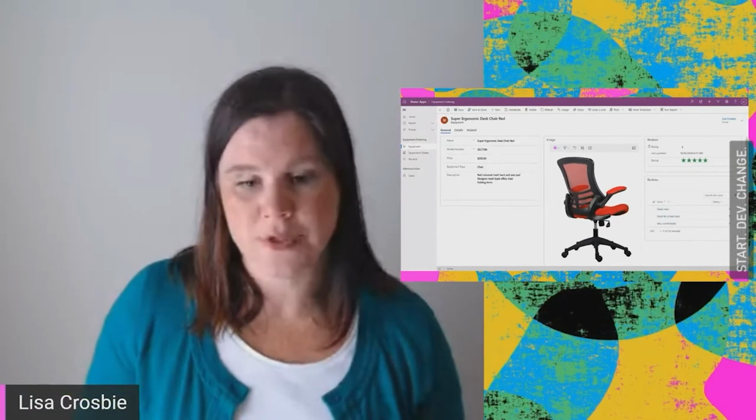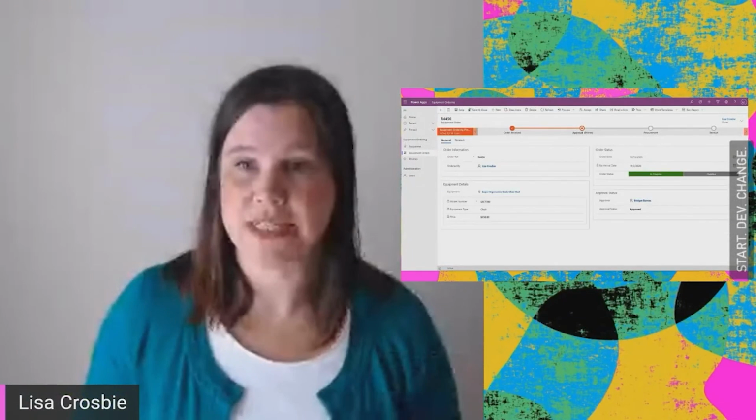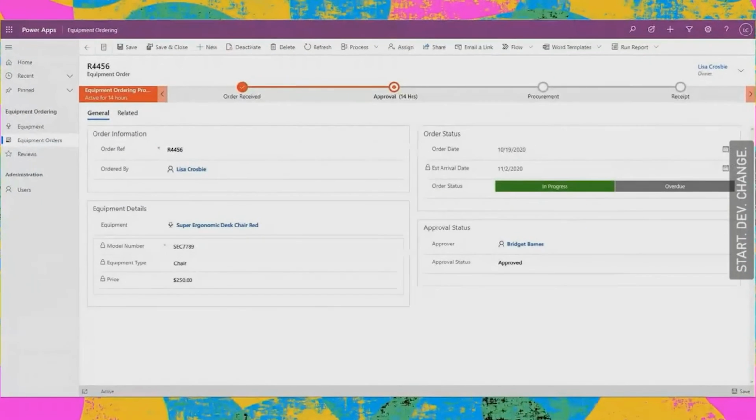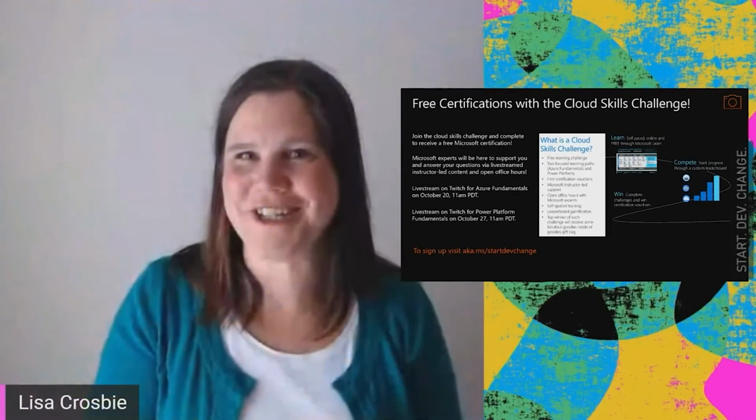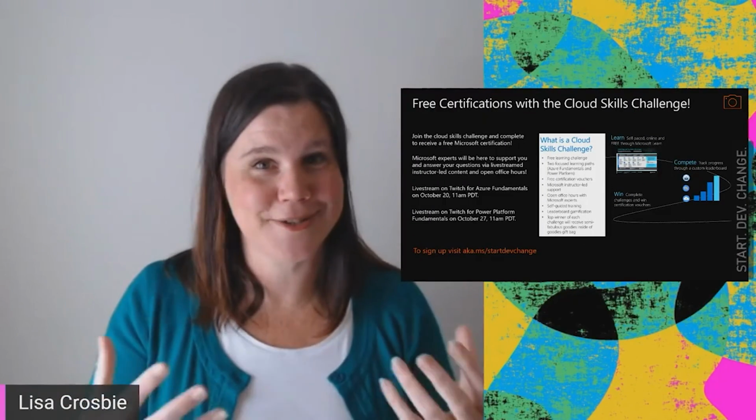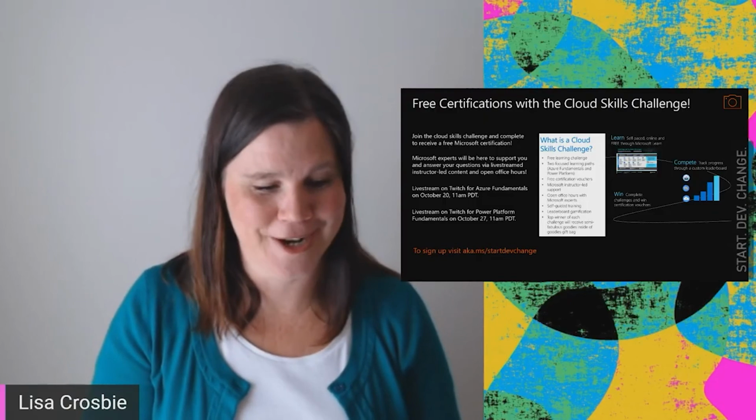star rating. We can also bring in something called a business process flow. This uses Power Automate that can guide the users through a series of steps and stages. So we might say the order comes in and then it has to go through an approval process. So this is part of this interconnected thing with model-driven apps and with the platform. So heaps of different ways that you can use that. There you go. That's a lot to take in one session, but